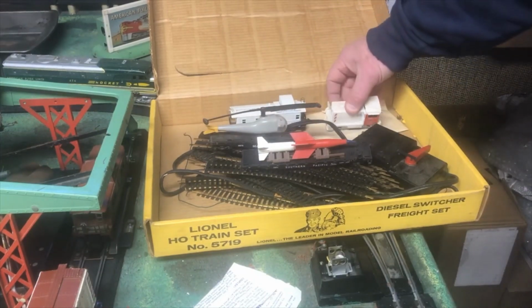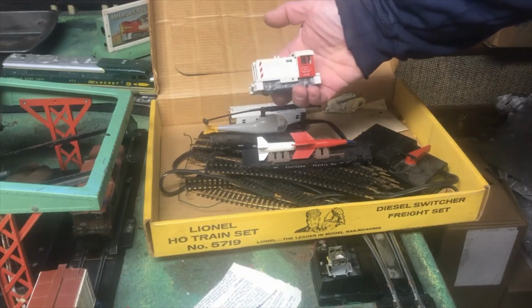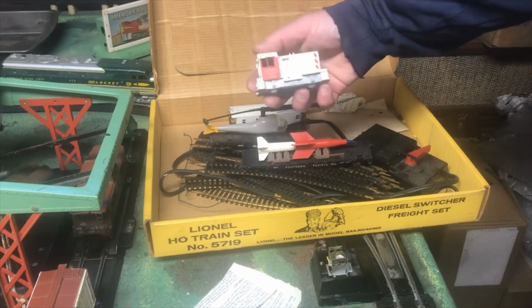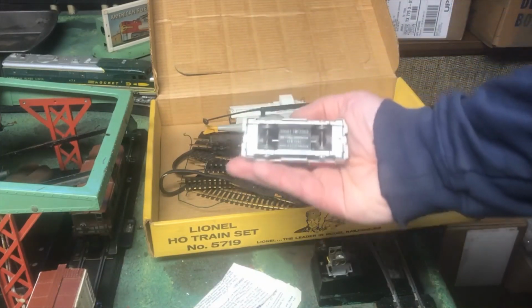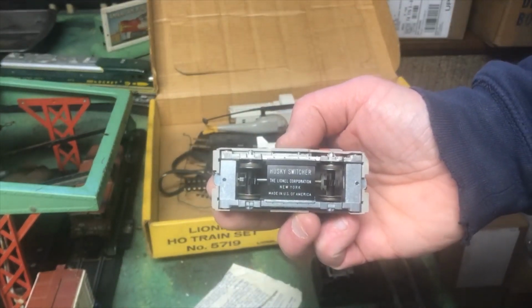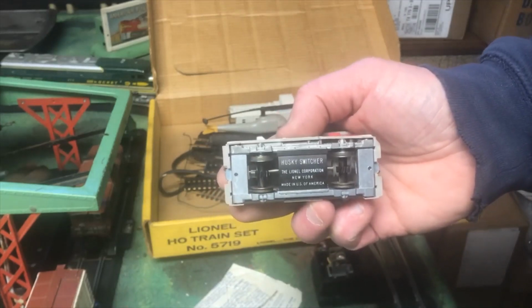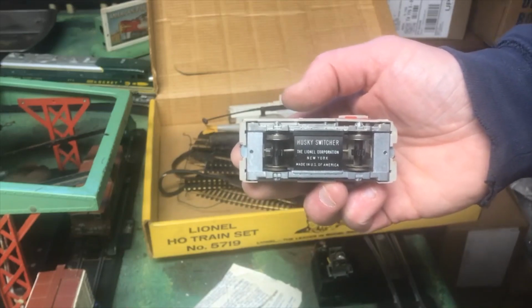And maybe the prize, the 0056 AEC switcher, and this would be the gear drive Husky switcher. So now originally I incorrectly thought that, knowing that Athearn had manufactured some of the HO